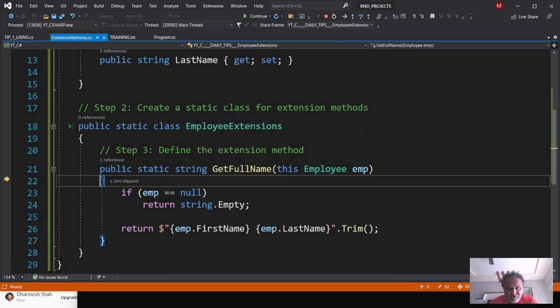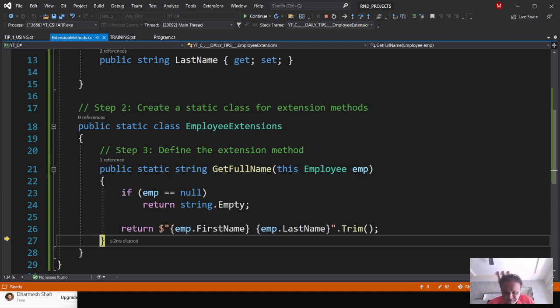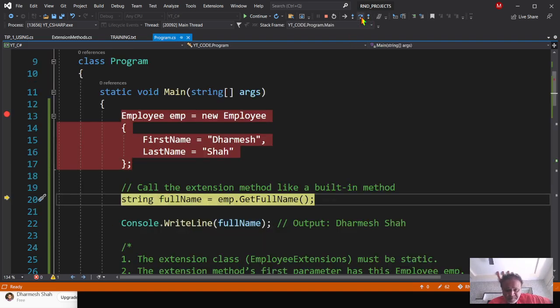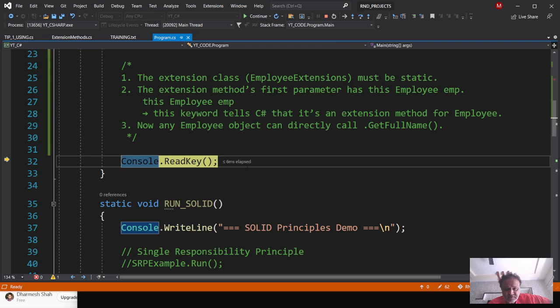See here, we are calling GetFullName, which is a static method, and it is inside the EmployeeExtensions class, which is also static. And here we have mentioned this Employee. It means that this method will be added into the Employee class. This keyword is very important. It is compulsory to use here. Now we are checking whether it is null. If it is null, then we are returning an empty string, else we are returning first name plus last name. See, here we got Dharmesh Shah, and we are writing the extension method result on